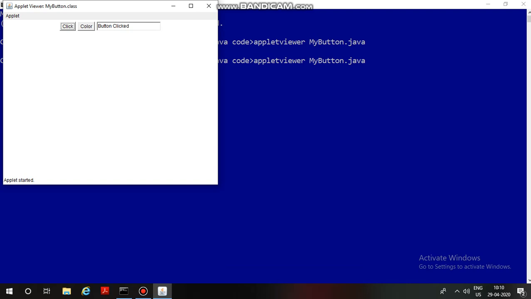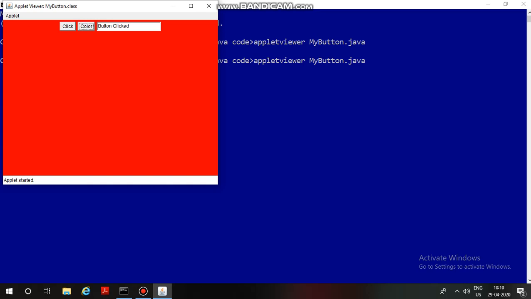If you click your second button, it is changing the color of your background. So the first button adds some text in the text box, and that of the second button is to change your background color.